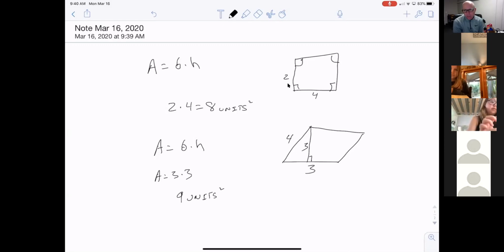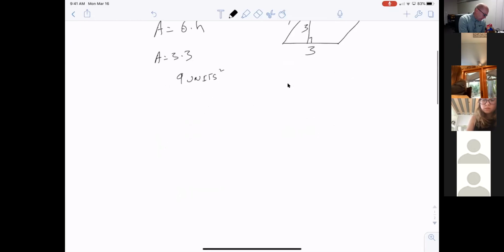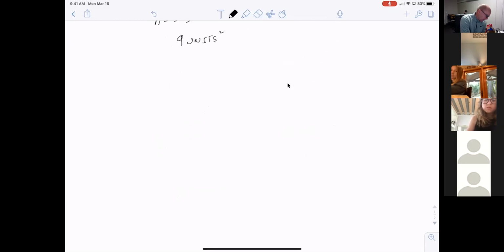There's not going to be any easy ones. I'm just warning you, there's no squares or rectangles where you can just take the base times the height. You're going to have to figure out a way to find the height, so find that altitude to determine the height. Now, the other thing they're going to do is maybe not give us some of that information, and we're going to have to remember what we've done